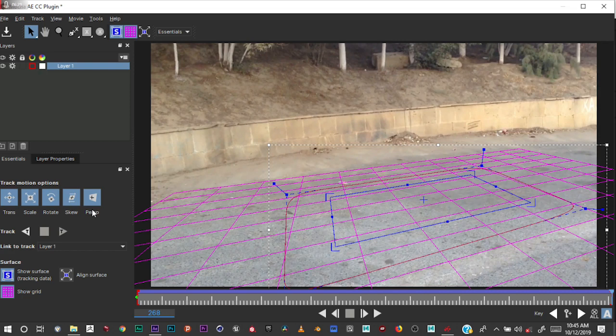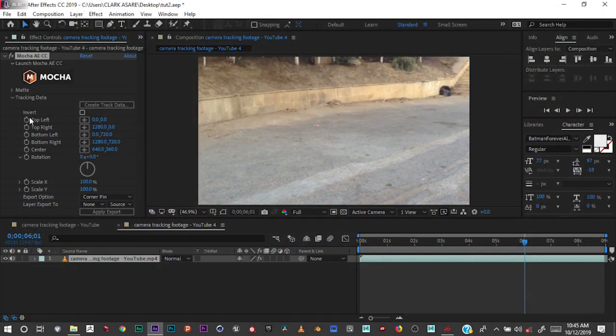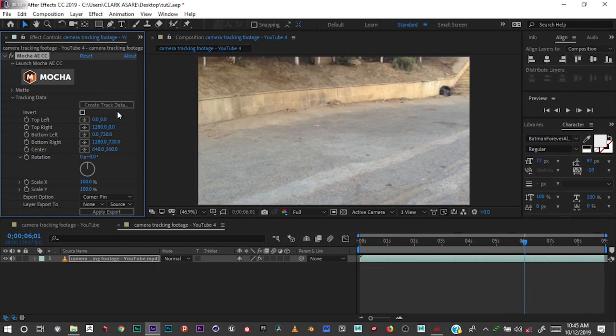Okay, so our track is done. All we have to do next right now is click on File, Save Project, and access from Mocha. Then all you have to do is go to the tracking data and create track data into this footage. That's migrating all the track data from the Mocha interface